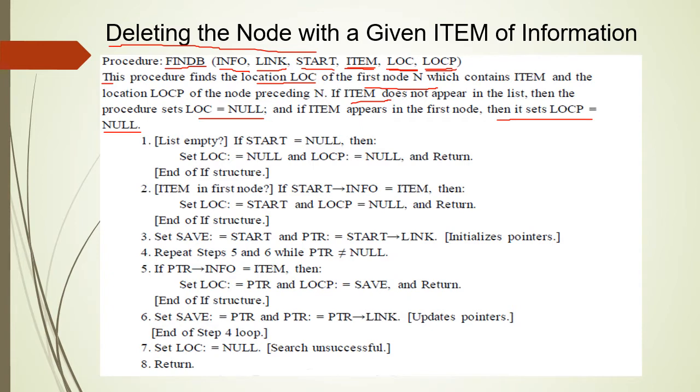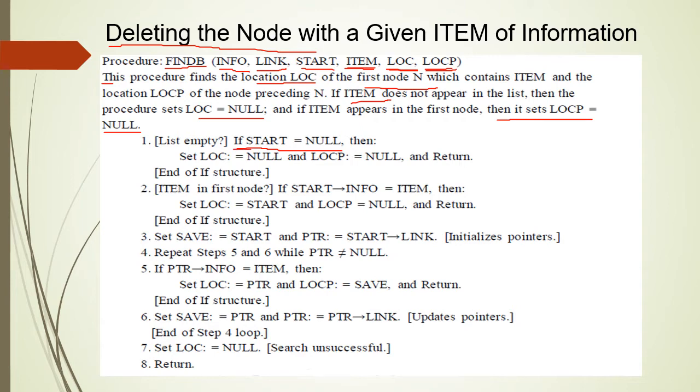So, with these two values, from the main function we are going to delete the node which contains the key element. The code to delete the node is not specified inside this function. Here we assume that we are deleting a node from the main function. First it will check whether the list is empty or not. If the list is empty, then there is no point in deleting a node, there is no question of deleting a node.